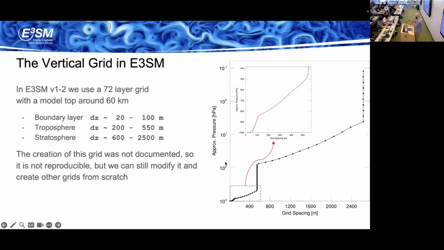And so you can kind of see that this plot is a little weird, mainly because the axes are not independent. So here I've got the approximate pressure level on the y-axis, and on the x-axis, I've got the approximate grid spacing in a different unit in altitude. So it's dz versus pressure. But if you were to change dz, like if you were to take a point and move it over and make it thicker, you would push all the points up. So it's a weird plot. Keep that in mind.